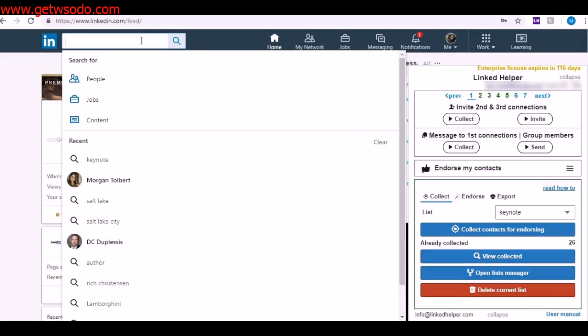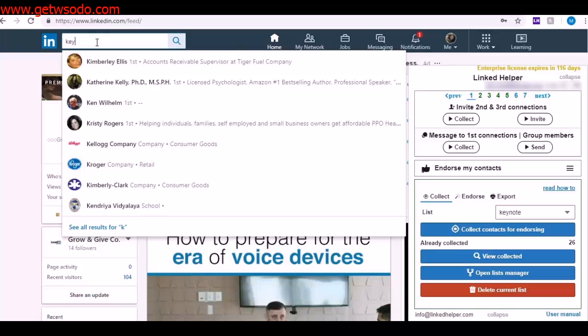So for example, you see right here where it says Keynote, I've already made a list of people who are like Keynote. We can just use that same search. Think about why I chose that, by the way. A lot of people I'm doing business with right now are coaches, consultants, public speakers, and I've used a lot of those keywords already. So another keyword I know I could use is Keynote, because a lot of people who speak have that keyword. So anyways, let's just go ahead and do Keynote